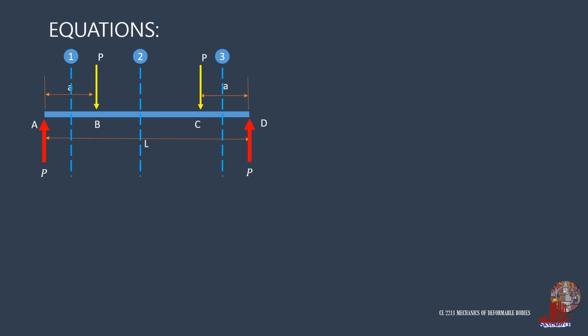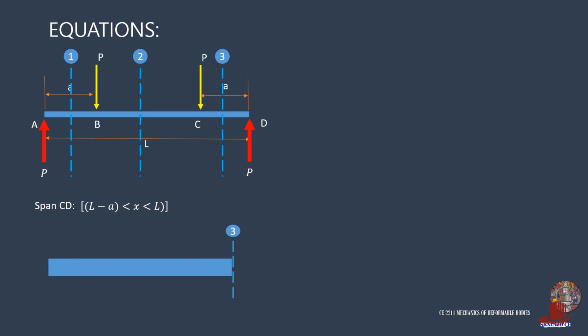Complete the equations by analyzing the beam through section 3. The limits of X at this span is from L minus A from the right side until the whole length L. The X length beam this time includes the reaction at A and the 2-point loads P. Complete the cut beam by placing shear of CD and a moment of CD. The same procedure is used in working out the equations, but identify the distance between the two loads as it will come in handy when using moment arms later.